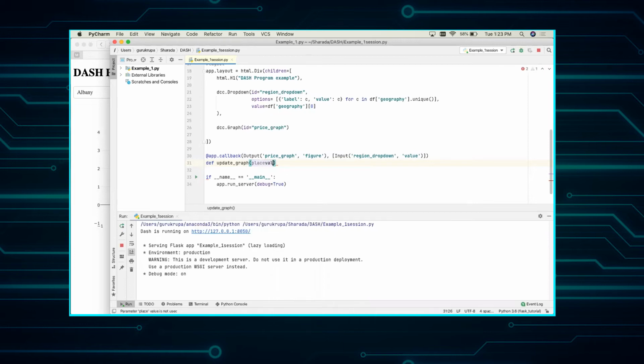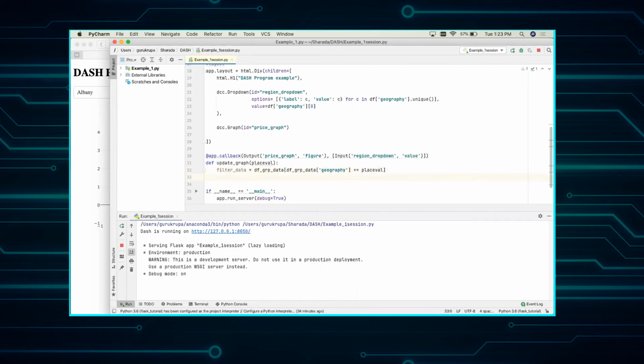It will take the value provided in the drop down and we will filter the data, where we'll say from the data set, filter on which is the value provided in the drop down.